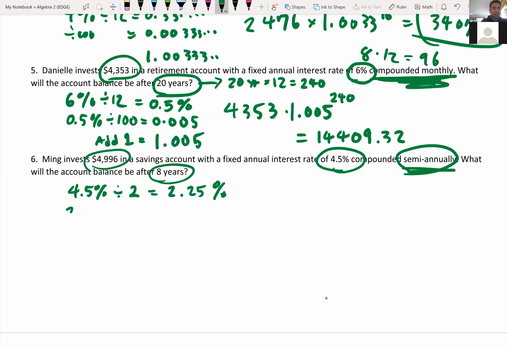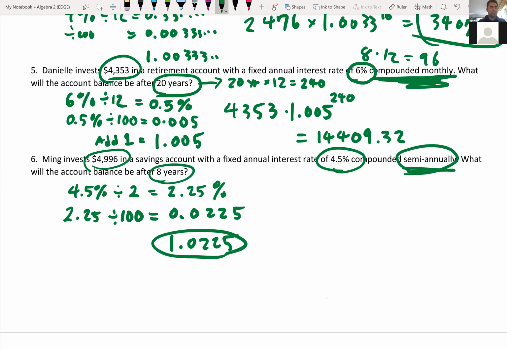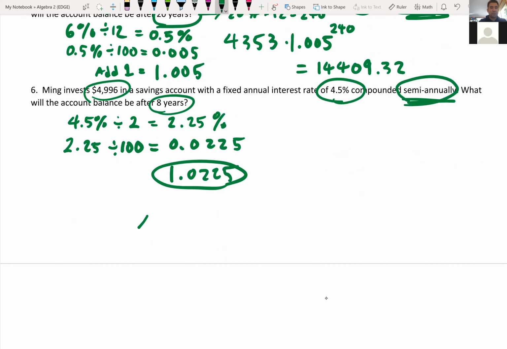Now you're going to convert that 2.25 into decimal form, 0.0225. You okay with that? You guys are with me? And then we add 1 to it. So 1.0225. That is the rate you're going to be using, okay? So 4,996 times 1.0225 to the